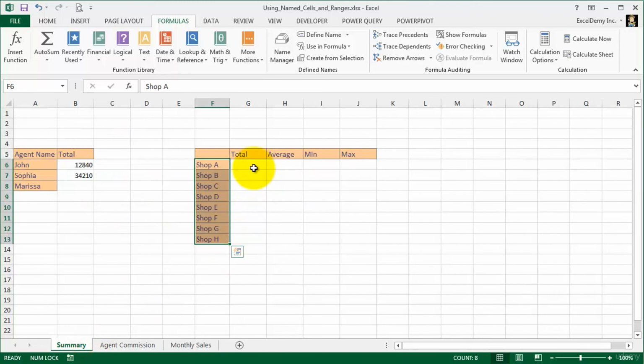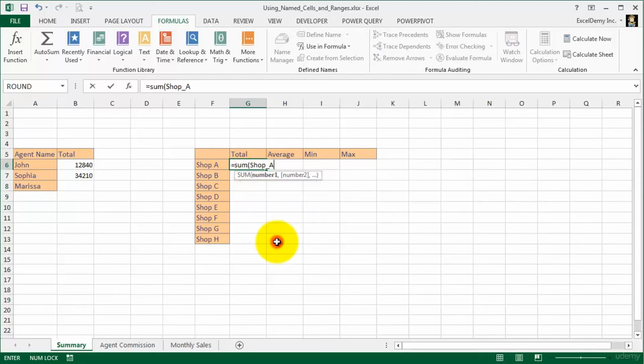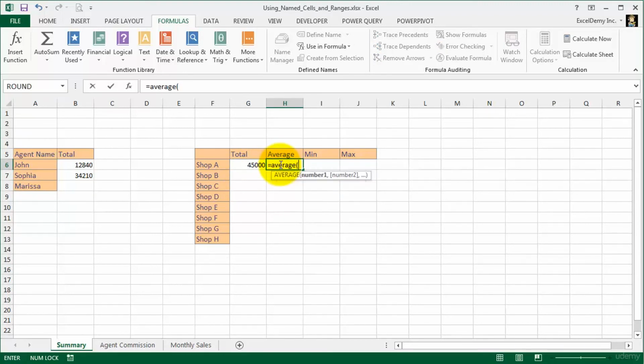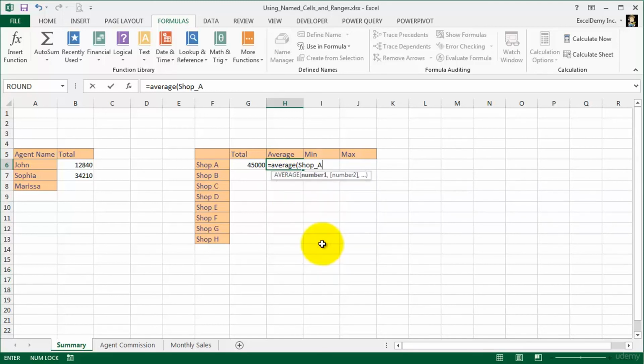In the shop A total, I input equal sign, type sum, opening bracket, type S, and the drop down list shows the shop A name. I double click on it and press return. You see the total sales of shop A is displayed in the cell. In the average cell, input equal sign, type average, opening bracket, type S, double click on shop A, press return. We get monthly average sales of shop A is 7,500.